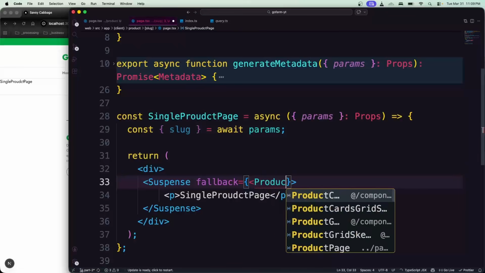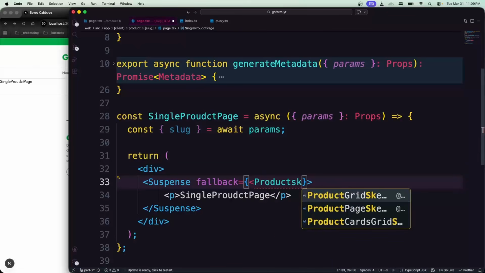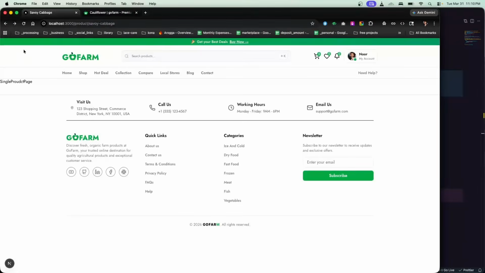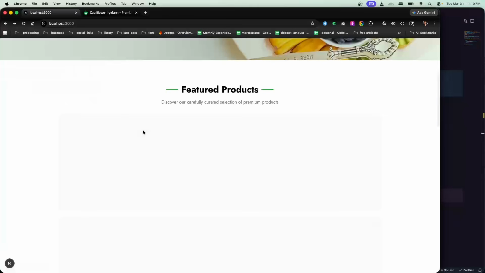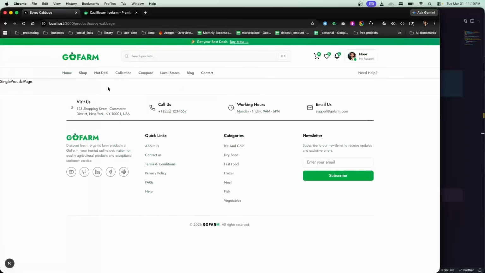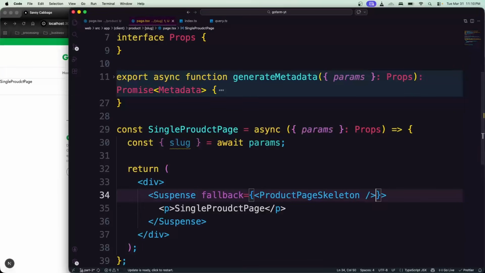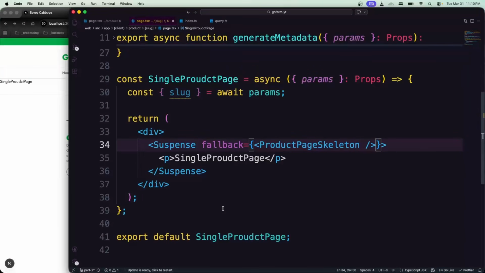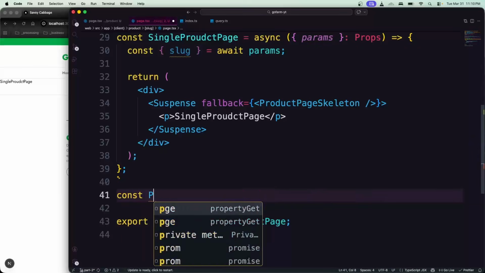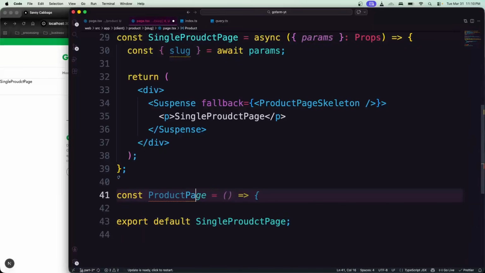So let's say product skeleton, product page skeleton. Yes, that's the one. So now whenever I'm gonna come in the particular page and I have some loading instances, it's gonna call that skeleton. Right now I don't have any loading instances. So what I'm gonna do, I need to create another setup. I can either go create a component, or I can simply create it right here. So simply I'm gonna create another function which gonna be, let's say, called the product page